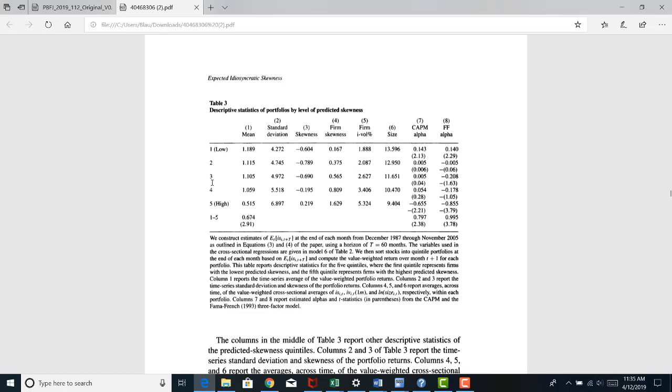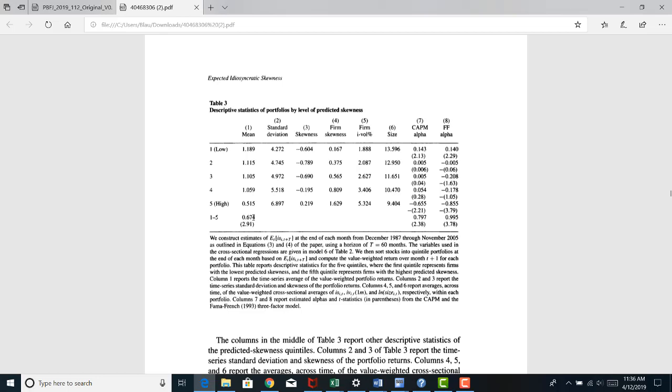They sort stocks into 5 portfolios. Portfolio 1 has the stocks with the most negative skewness. Stocks in portfolio 5 are stocks with the most positive skewness. And you can see something happens here. If you look at the returns next month based on skewness sorted this month, you can see that the mean returns are decreasing monotonically across increasing portfolios, suggesting that stocks with positive skewness typically underperform stocks with negative skewness. In fact, if you buy stocks with negative skewness and sell stocks with positive skewness, you get about